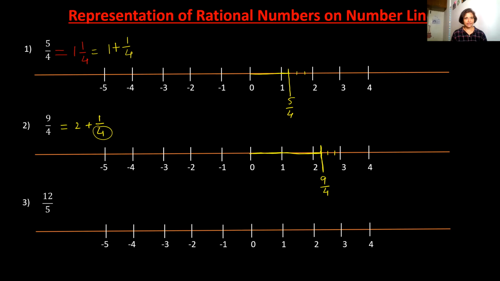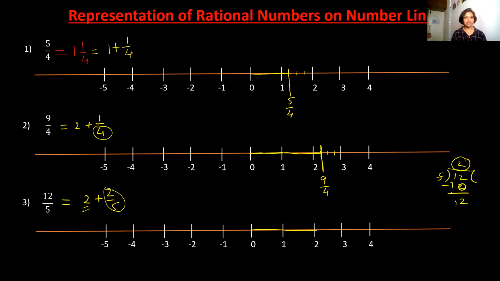12 upon 5, so you can write this as 2 whole 2 upon 5, isn't it? Yes, it is. When you divide it, I'm telling you, 5 2s are 10, and then remainder 2. So 2 whole, this is the whole number, which is this one, and 2 upon 5. We have written this. So 2 whole means 1 and 2.